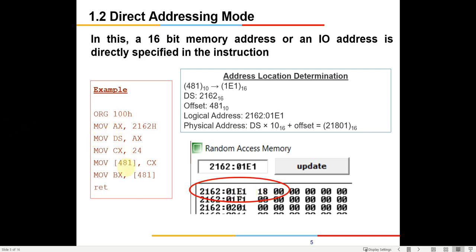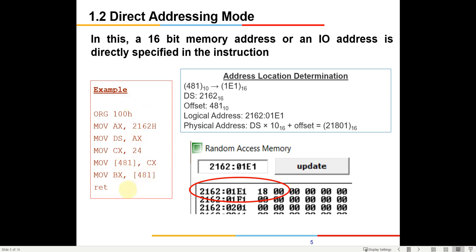So that is done in 2 steps, by giving the value of 2162 in the DS register, and then putting the offset 481. Here it is written in decimal itself. If you don't put an H, it will automatically take it as a decimal value, or you can write 1E1 followed by a suffix H. That also can be done here.